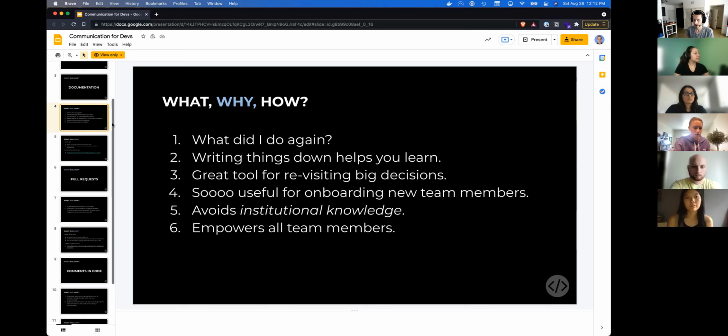And it's helpful at work too. Like if you're working on a project and for some reason you leave, or if someone is working on something and they leave the company and you have no idea what this piece of code does, it becomes very difficult to manage or maintain it. So documentation helps with that as well.